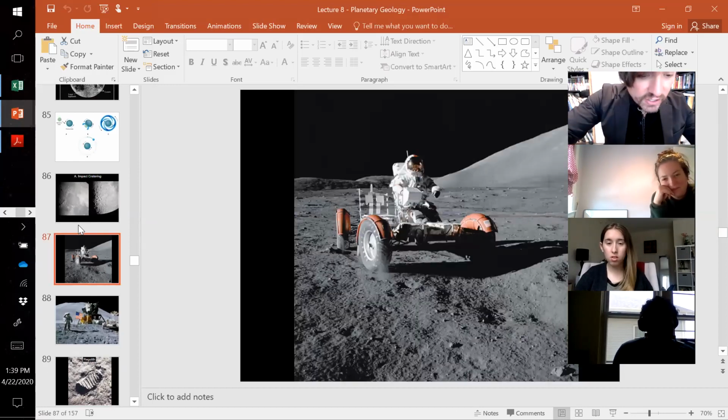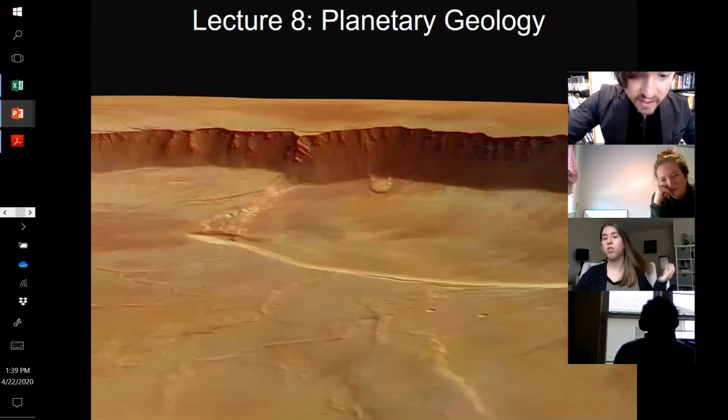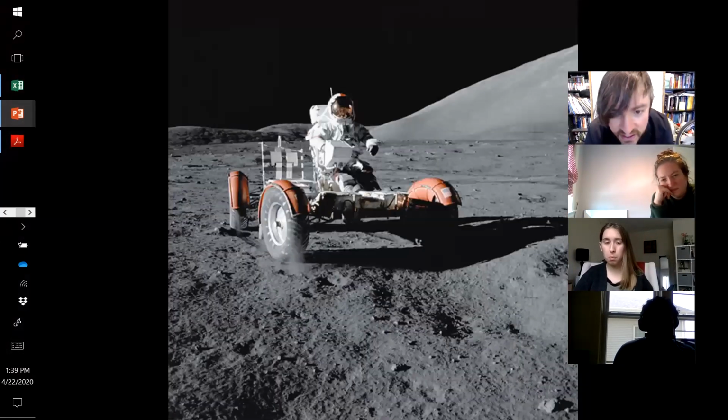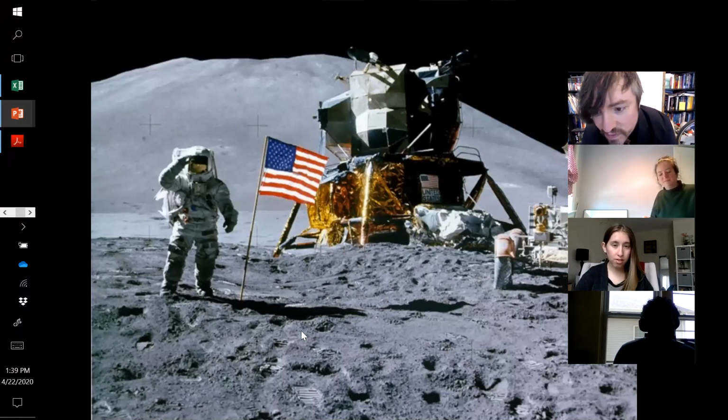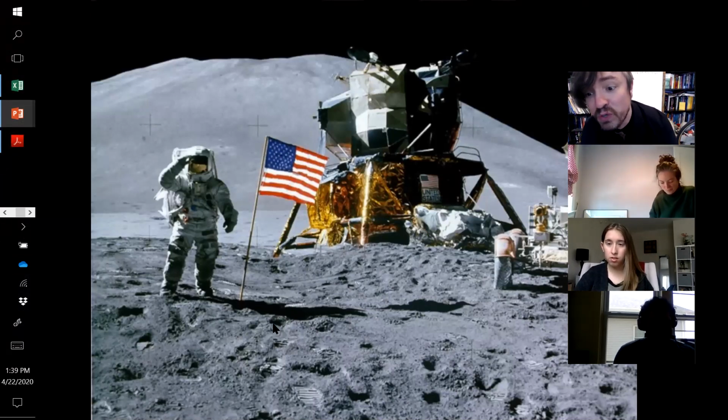And I've got a couple of pictures from US space history to share with you here. So let's go to 87. Can you guys see the dust getting kicked up underneath the tires on that lunar rover there? Here's another photo. Here you can see all the footprints in this fine powdery soil. Basically, the entire surface of the moon is covered in a 3 to 4 centimeter thick layer of, let's just call it what it is, moon dust, silicate moon dust.